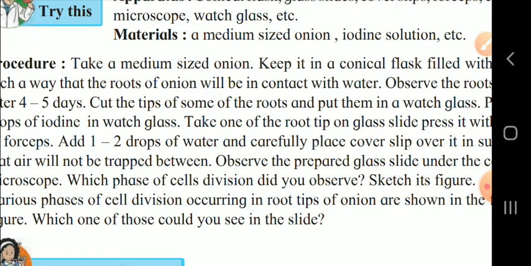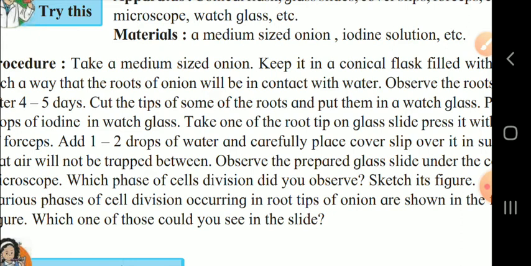Cover slip is made up of glass, a very thin slide of the glass, and with the help of the forceps you have to cover it in such a way so that the air should not be trapped in between the cover slip and the slide. You have to observe this prepared slide under the microscope. And the microscope we are using in our lab is called the